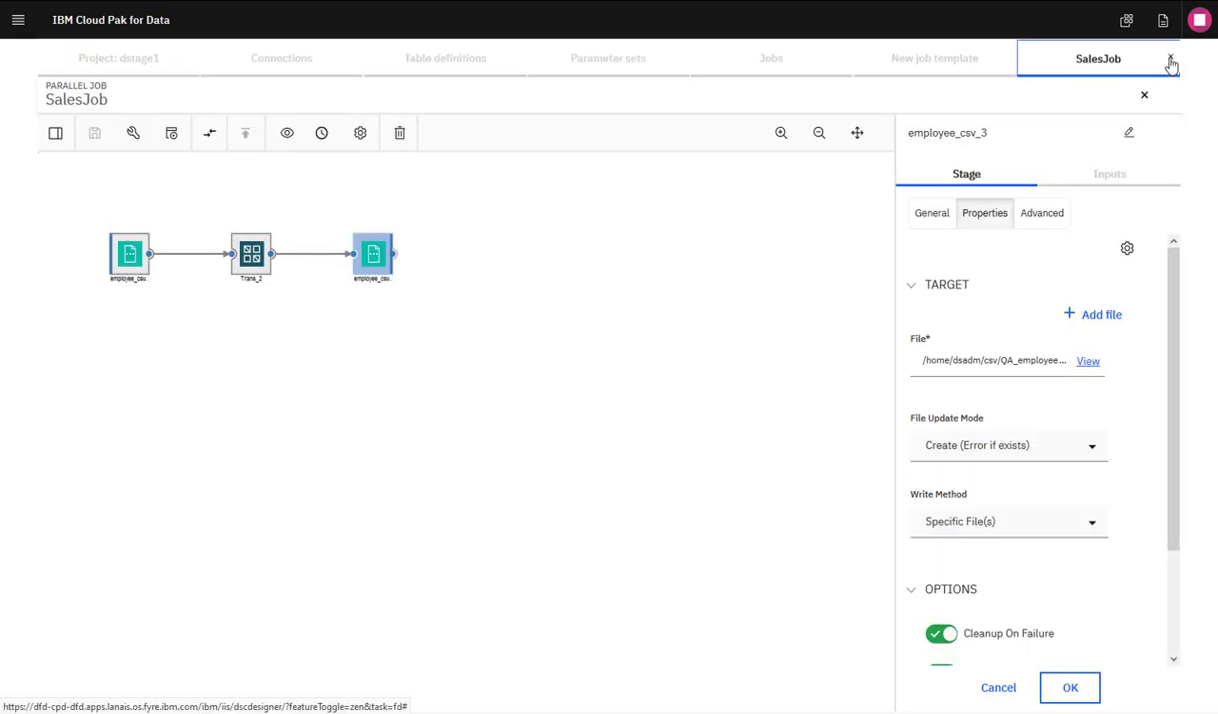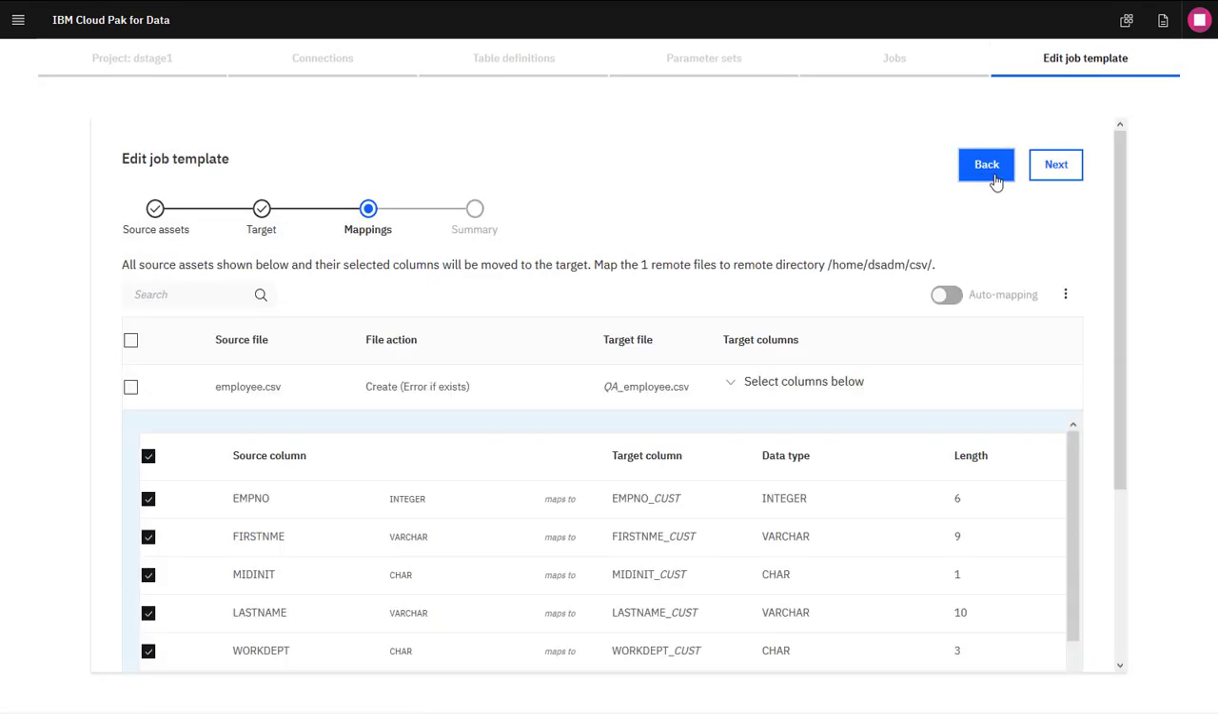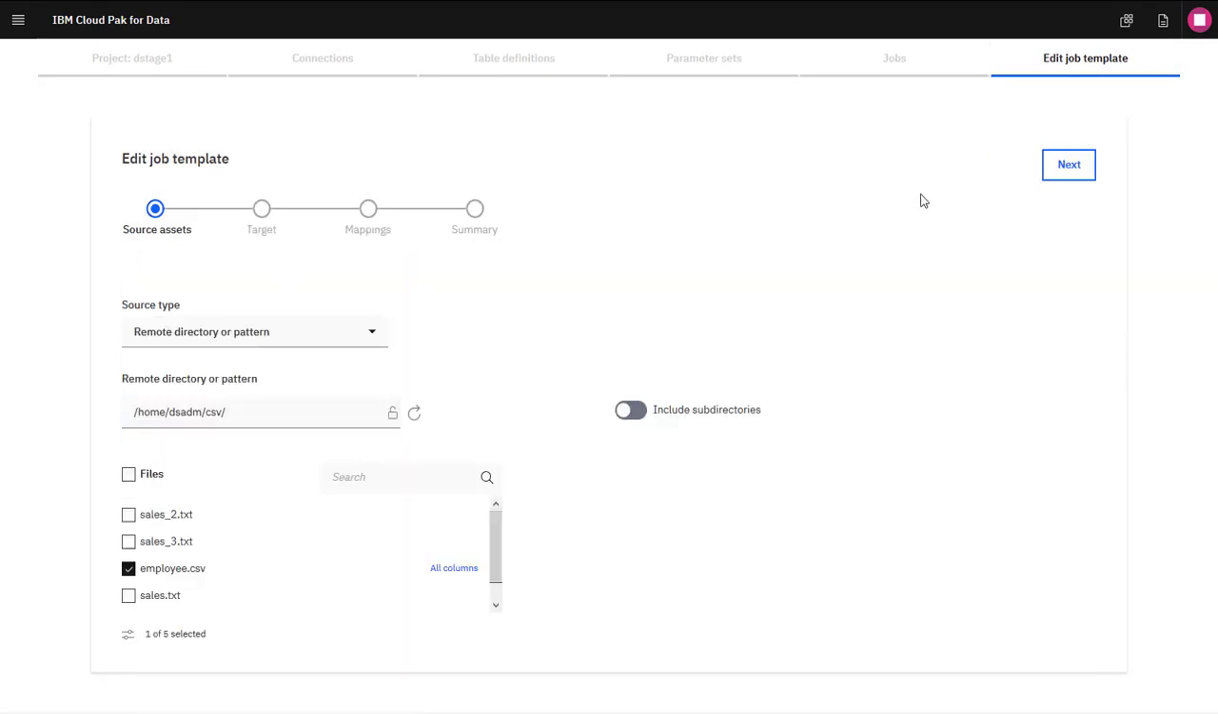Now let's edit the template. Currently, there's one file selected from the remote directory, but you can use a pattern to see multiple files. For example, using sales with the wildcard symbol displays 3 files that begin with sales. If I select all of these files, then every time I run the job, it will process just these 3